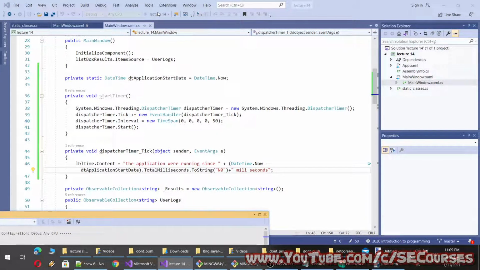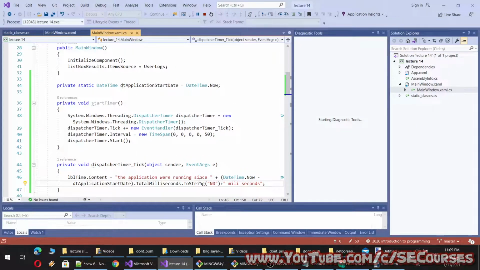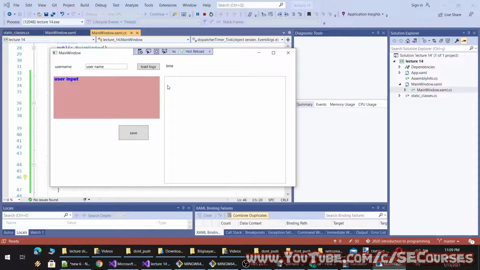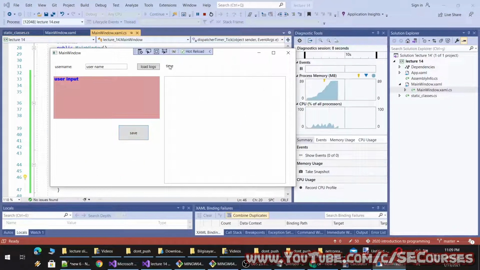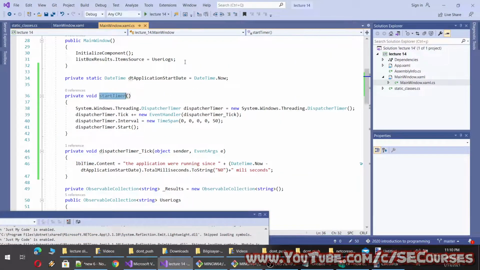However, this may throw an error because this is being a subthread rather than running in main thread. Therefore, I should not be able to access label on the main interface, if I remember correctly. Okay, we didn't call this timer method.